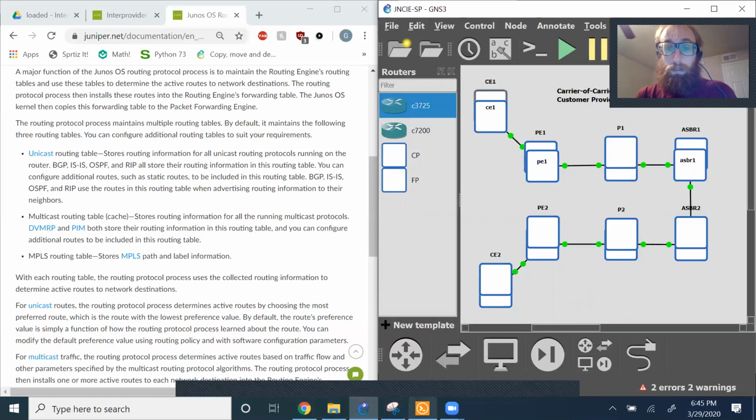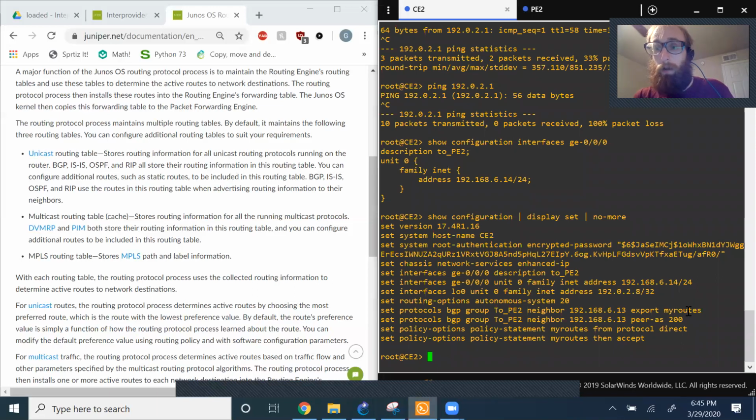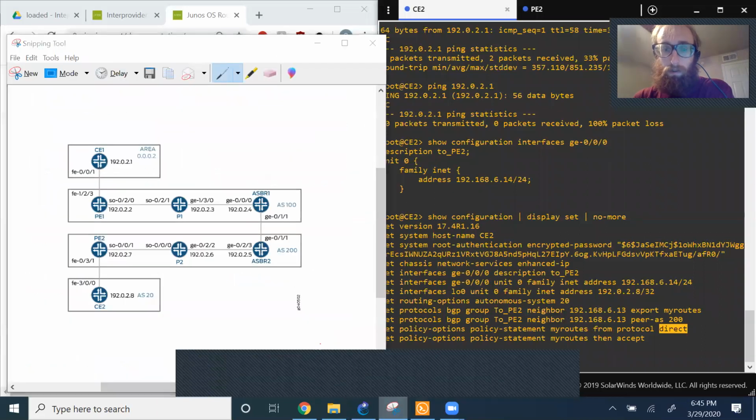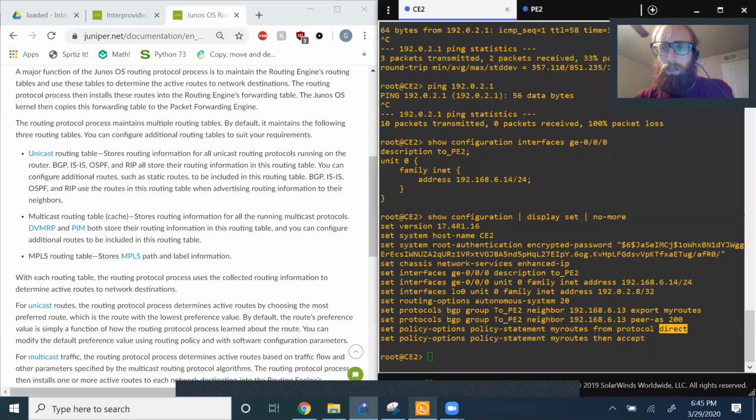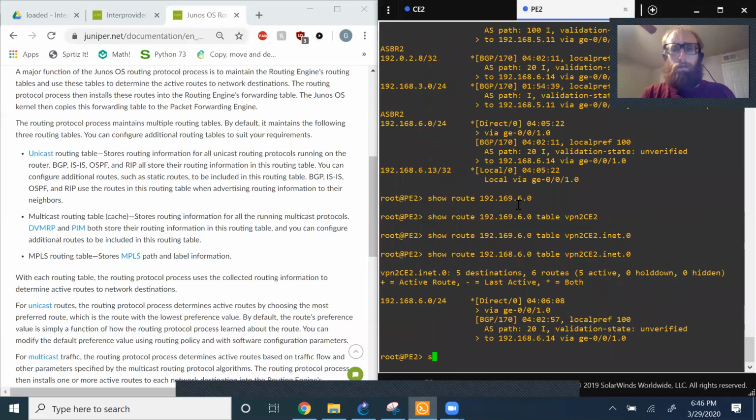So this is something I would say is perhaps a bit of a mistake in this lab. It's probably not worth a downvote, but adding a directly connected route into BGP, or at least the route that is just for this link here, is really not something I think is necessary. So that's kind of where my confusion is. But definitely on here,